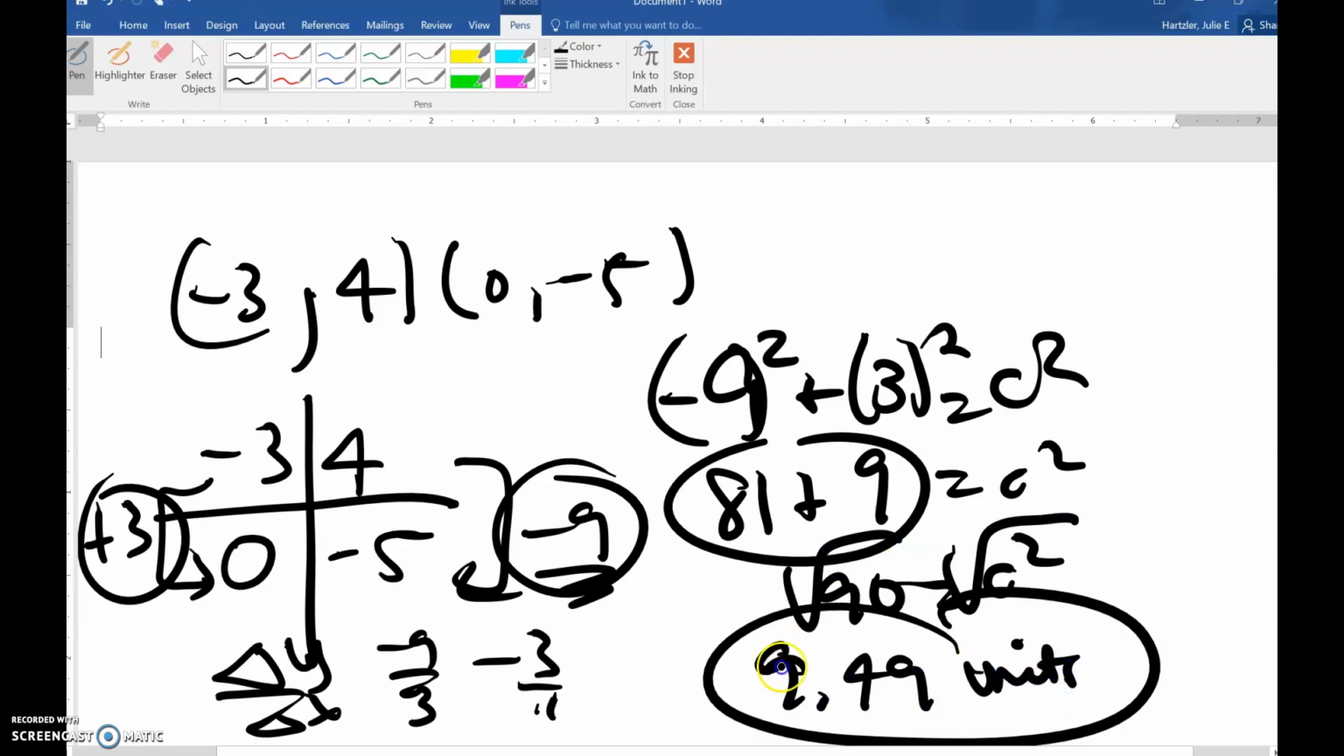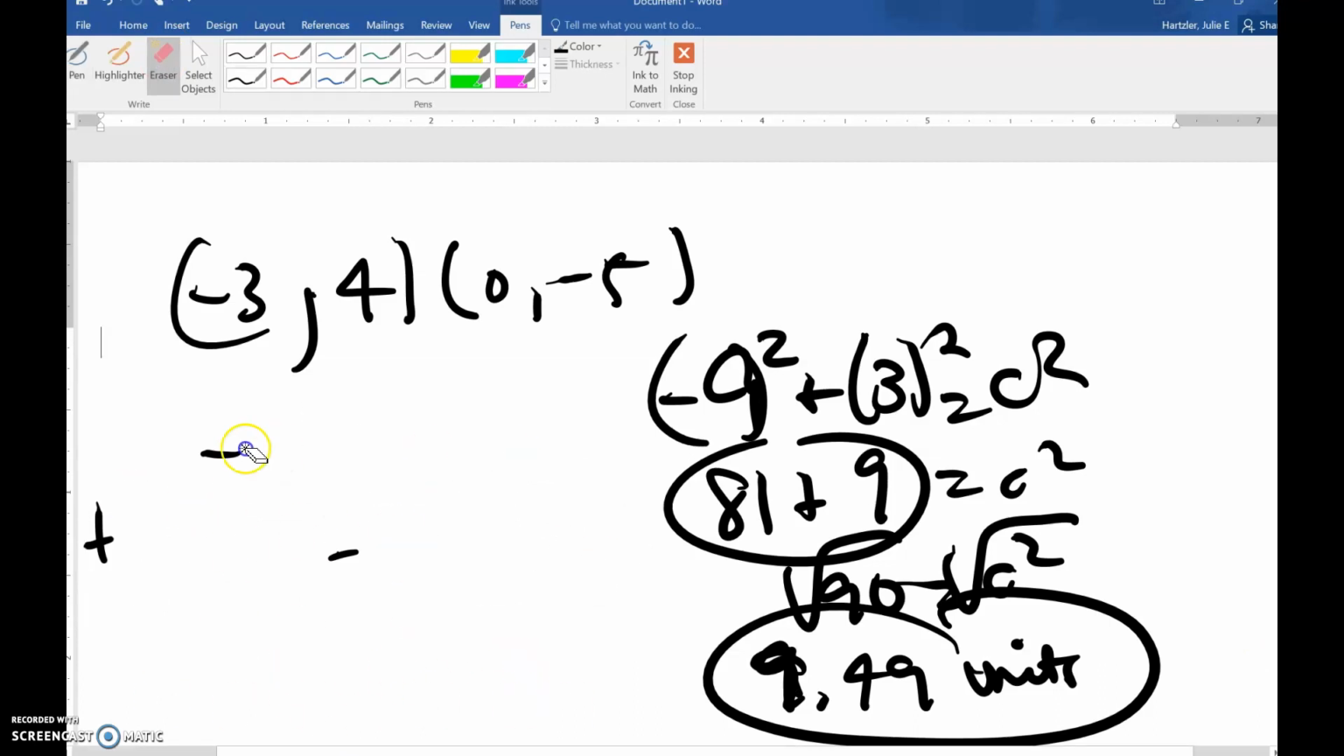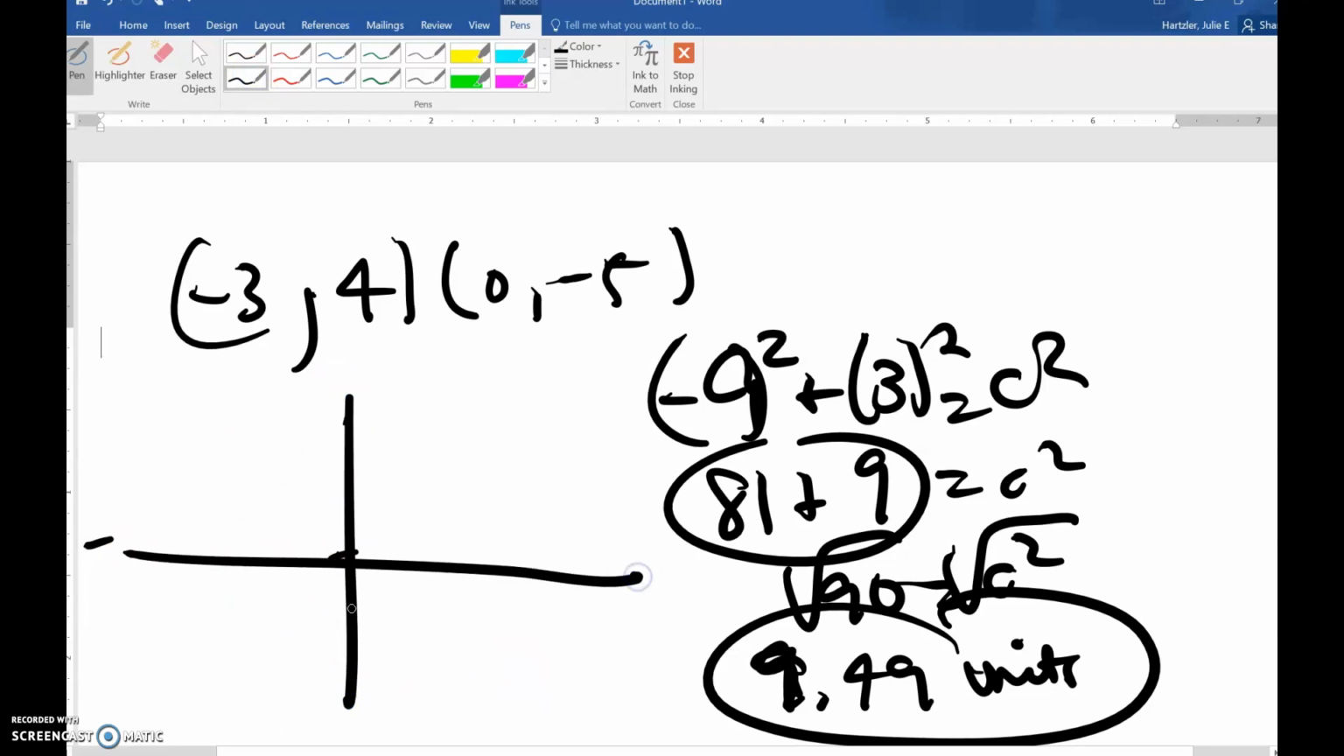So it'd be about 9.49 units. And again, if you need to graph this to see it, you certainly can do that. If you would rather just graph it on graph paper, not a big deal. Make your XY axis. 0, -5 would be down on the y-axis because the number's in the y spot, and -3